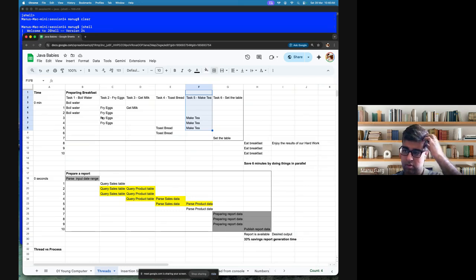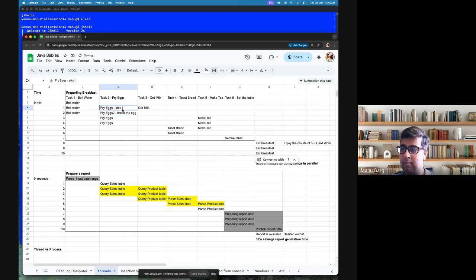Let's say frying egg had, for example, four subtasks. We simplified it, but let's say we heat the pan, break the egg,